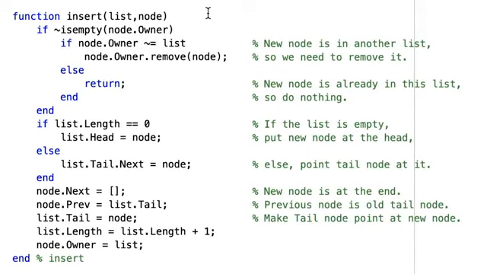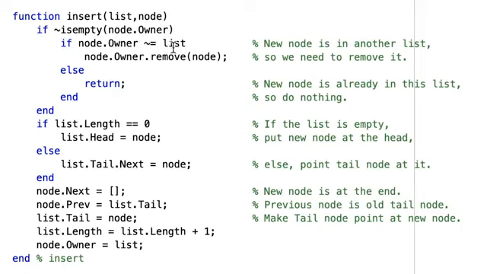The first statement of the body of the function insert might need a little explanation. As we said earlier, a node can't be linked into two lists at once, and to enforce that rule, we start by checking to see whether it has an owner. If it does, then we check to see whether its owner is the list we're adding it to, and if so, we don't need to do anything to insert it, so we return. If it's owned by some other list, we remove it from that list. That's done by this statement: